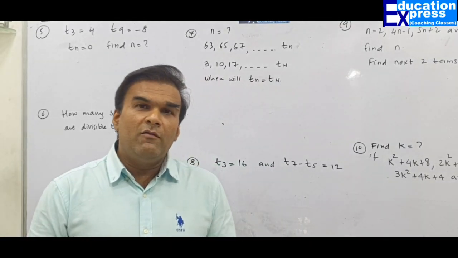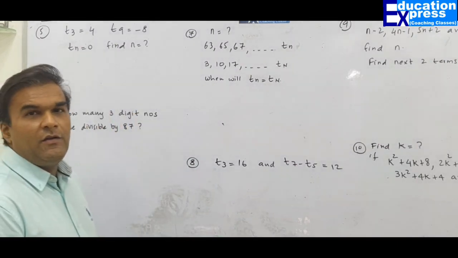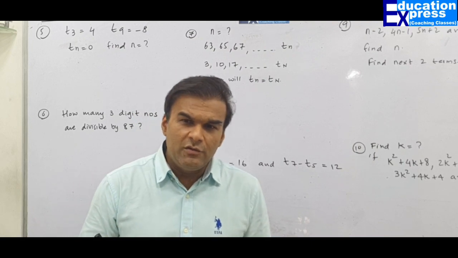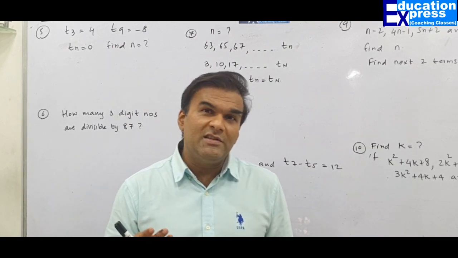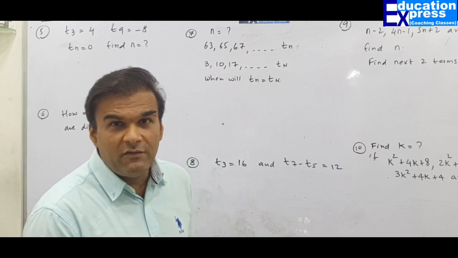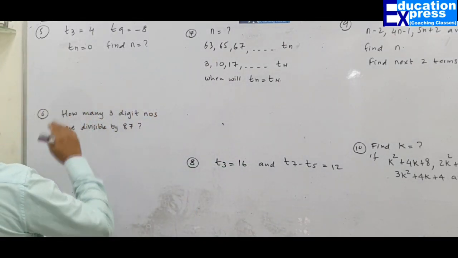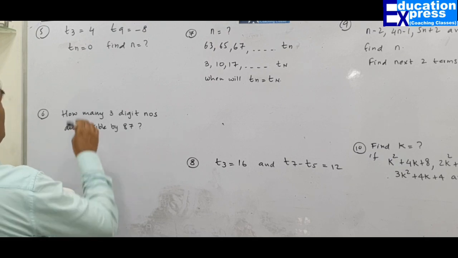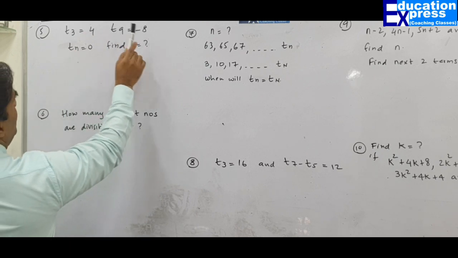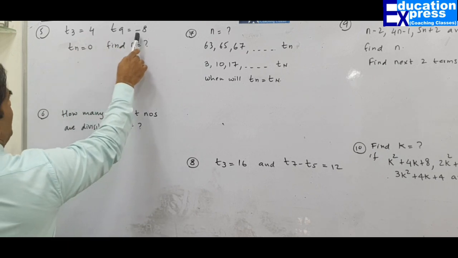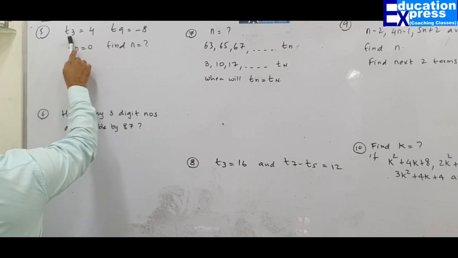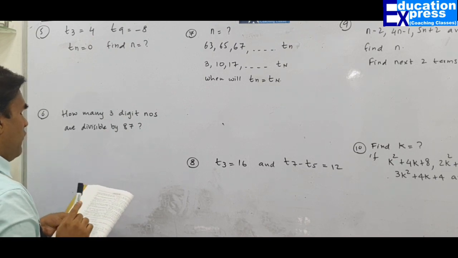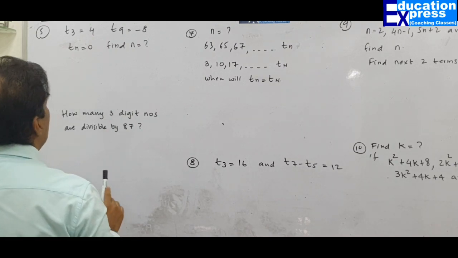Guys, now when we do question number 5 to 10 or probably the whole exercise, most of the questions would be repetitive in nature. I'll give you hints to solve the questions and you must try and do those questions by yourself. Alright, look at question number 5. The third term and the ninth term of the AP are 4 and minus 8 respectively. Third term available, ninth term available. So they are interested in finding out which term of the AP would be 0.